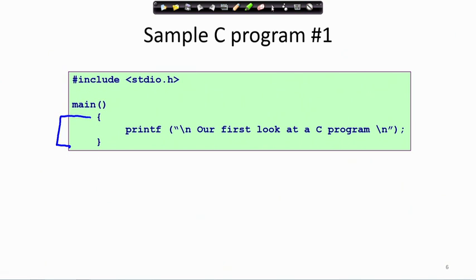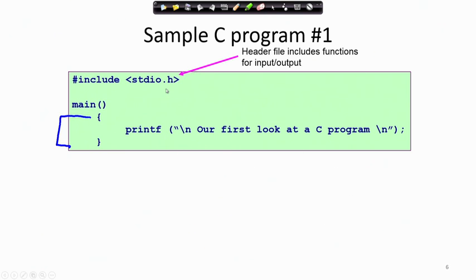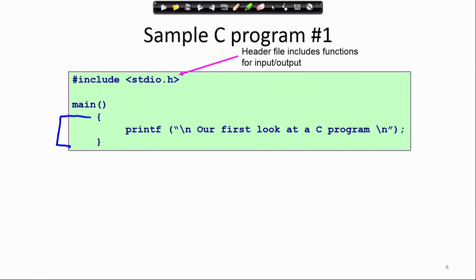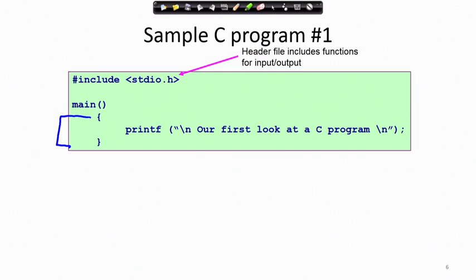Now, we can see that we start with a header file that includes stdio.h, and stdio.h stands for standard IO. That means, whenever we get some instructions to carry out input or output, that will be with respect to the standard input, that is a keyboard. That means, the data will be taken from the keyboard, and if anything is to be printed, it will be printed on the screen. So, that is a default thing for any C program.